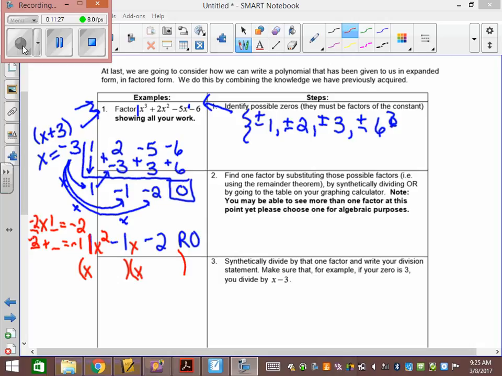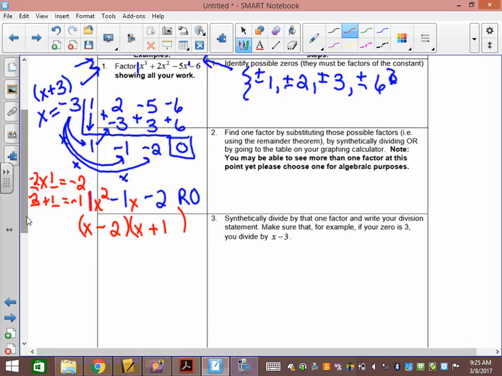-2 and +1. So x minus 2, x plus 1. And so my answer is the factored form of that because I want you to factor it. So the factored form of that is this, but I also have to add back the x plus 3. Everyone forgets to bring this back down. So that's actually the factored form of